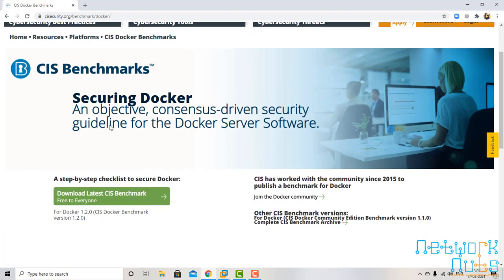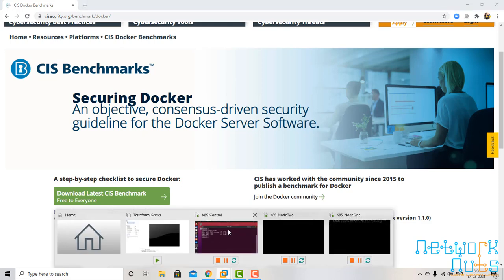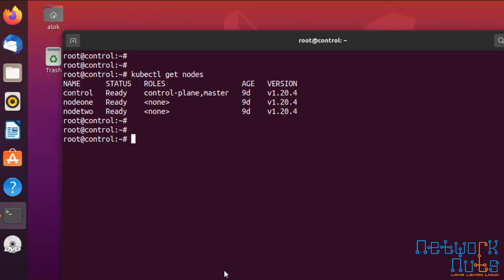Securing the Docker CIS benchmarks, please feel free to download the guide from here. I will be using the Docker Bench Security tool, and that tool will analyze my cluster and tell me what are the vulnerabilities in your server, and those need to be patched. It is free of cost. Feel free to use it. The only thing is that you need to know that these kinds of things exist.